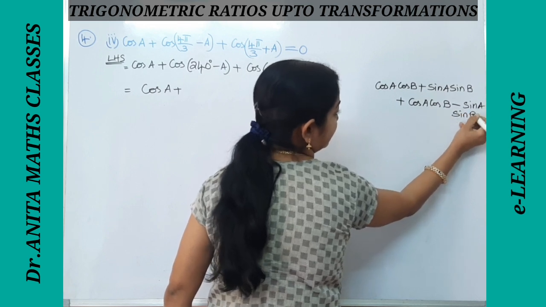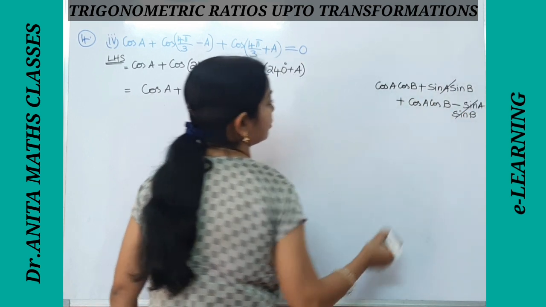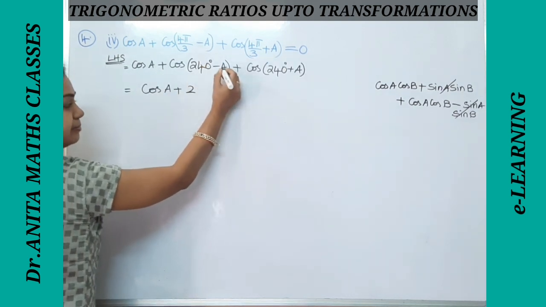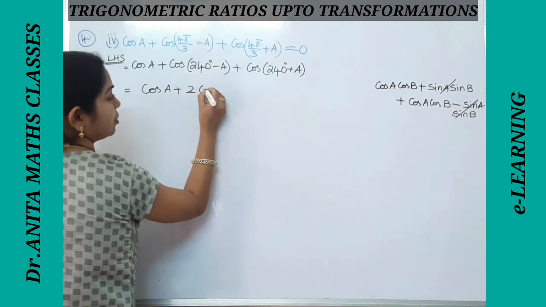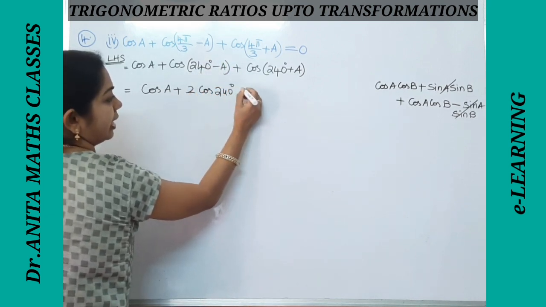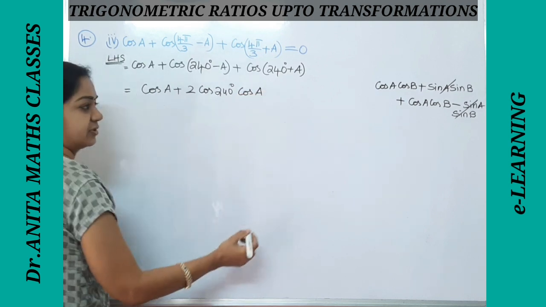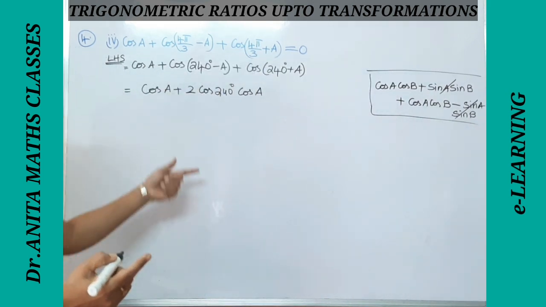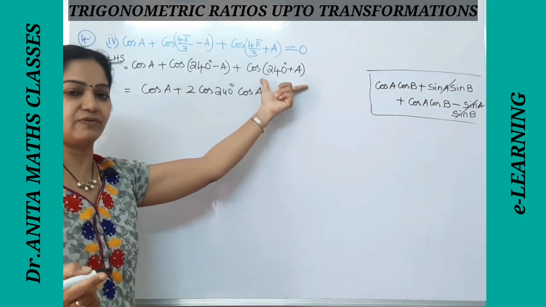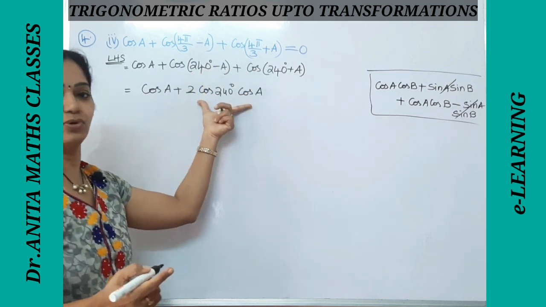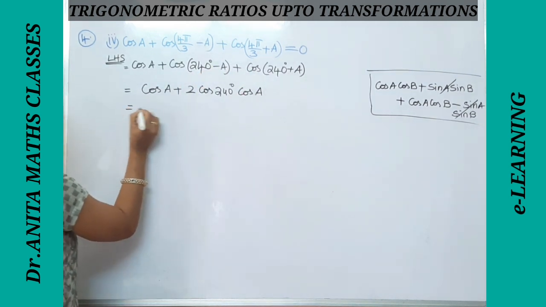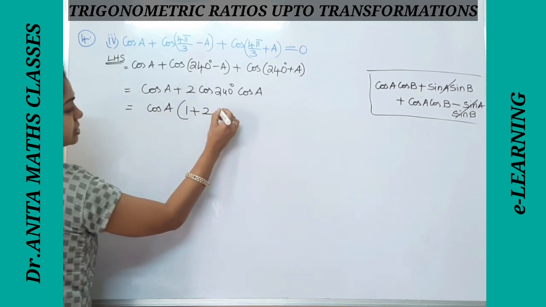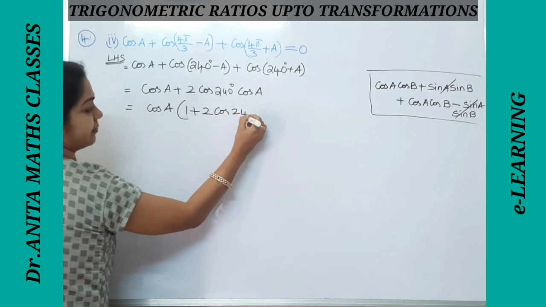If you expand them, what do we get? We can cancel off, and we get 2 cos A cos B. So we will write here, A is 240, B is again our A. So 2 cos 240 degrees and cos B is our A. This is the formula, but no need of remembering this. We can directly do it in the rough part and write. This is the compound angles formula. If you simplify them, you get 2 cos A cos B right here. Now in this you can take cos A as the common, so 1 plus 2 cos 240 degrees.